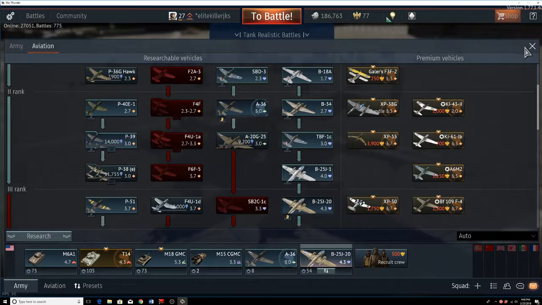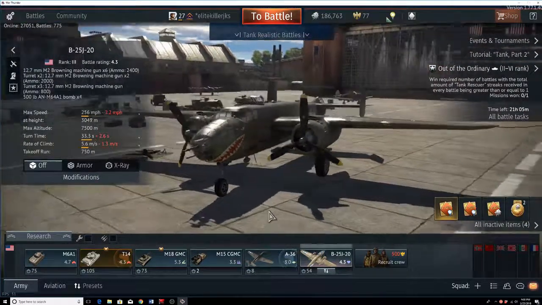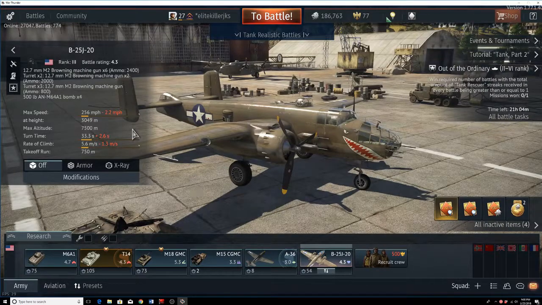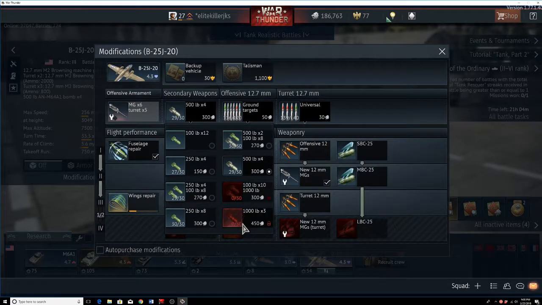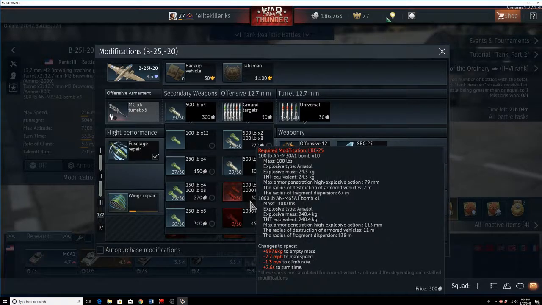And this, I find, is one of the best airplanes in the ranks that's going to be able to take out with bombs, because you can carry actually 4 500-pound bombs. It also has a 1,000-pound bomb. And I've played plenty of games as well, guys, where I've used this strategy to go base rush maybe the